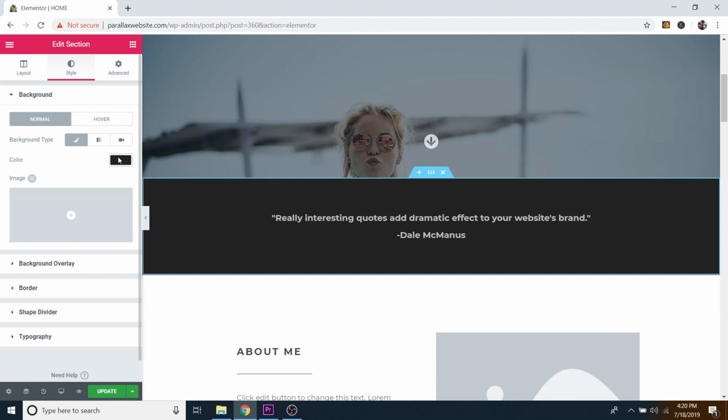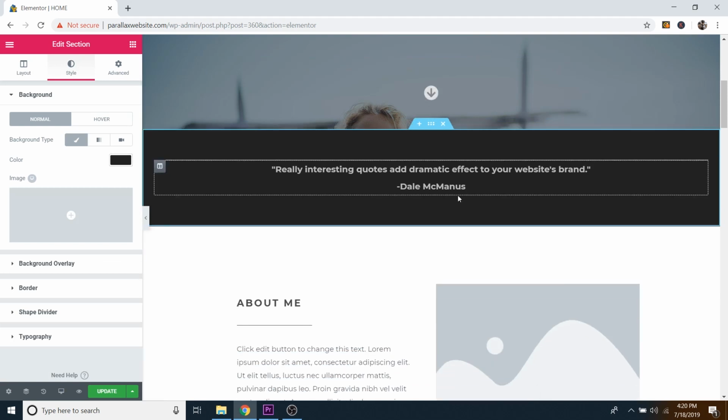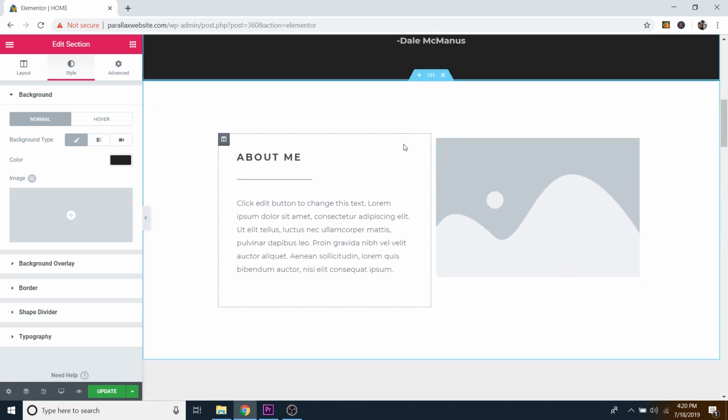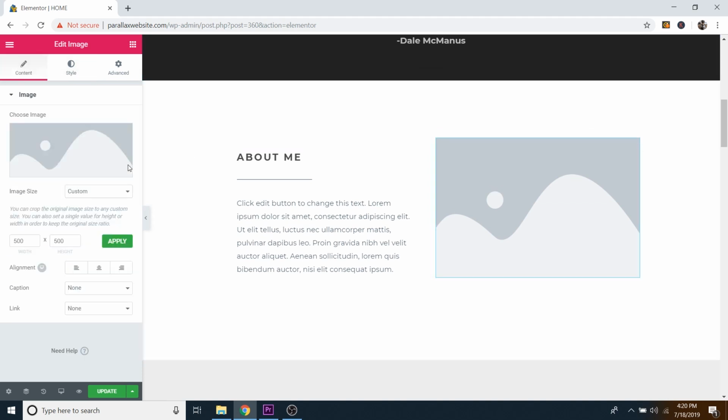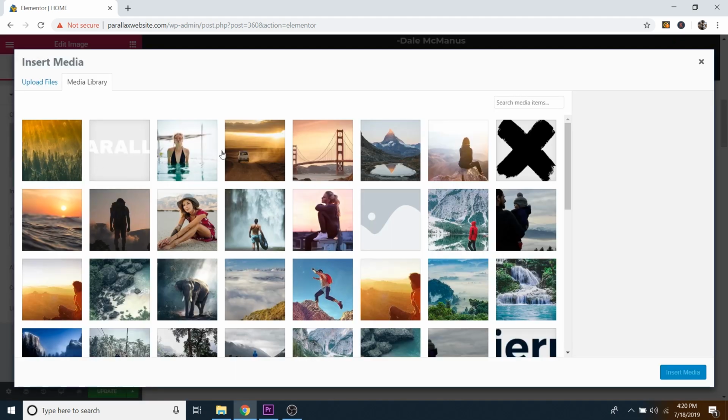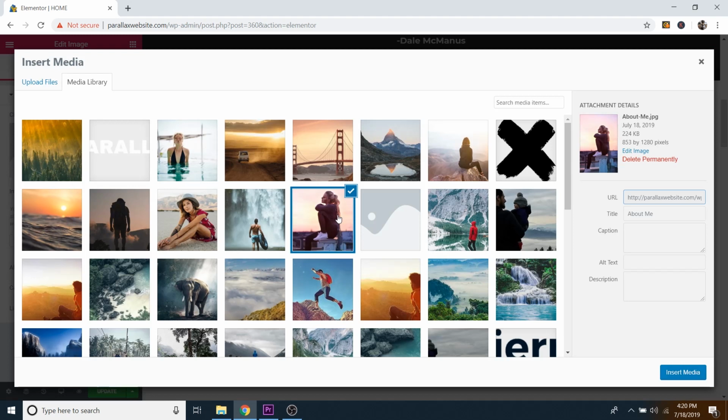Again, you can change the color for this, and then we'll scroll down, and we're going to replace this image for the About Me. So if you just click on the little pencil icon for this image, and then go over to Choose Image, and we're going to choose this girl sitting here like this. And as you can see over here, this image is actually vertical, rectangular, so it's taller than it is wide. Now if we insert it,